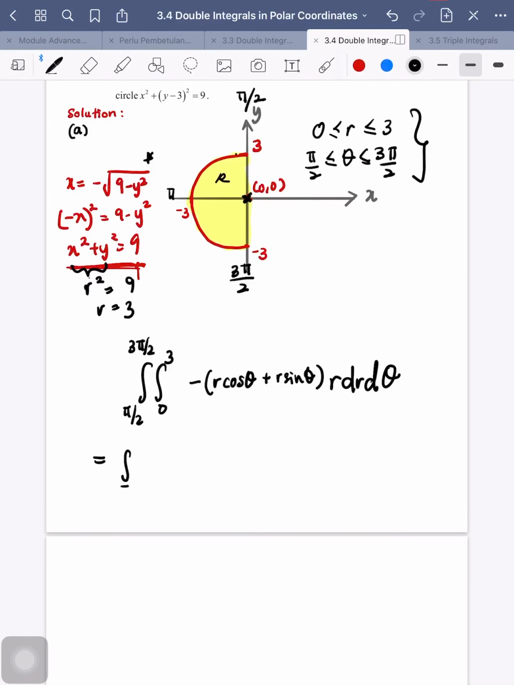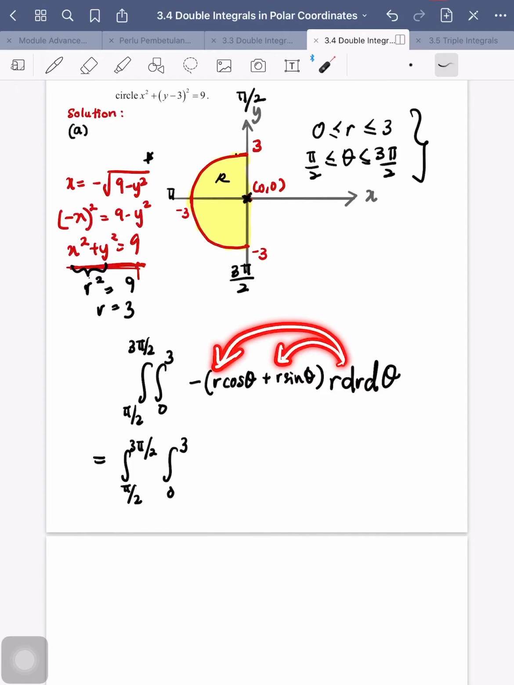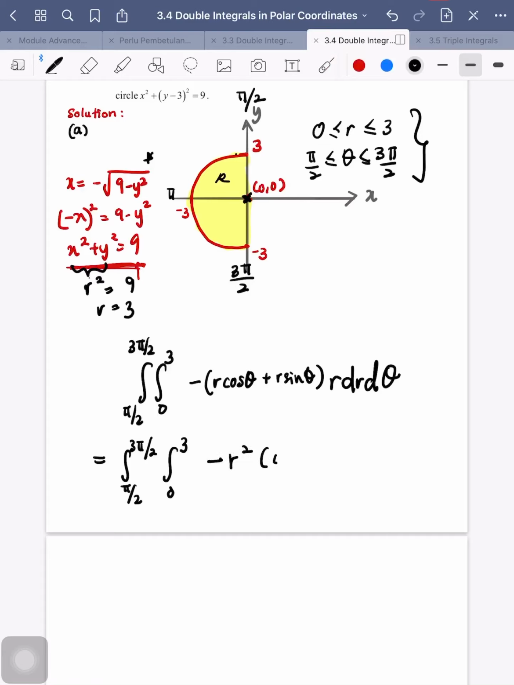First, before we solve, I just expand first. I expand the r inside here first. So I have r squared here, r squared here. So this also I have r squared, so I take it out. I factorize it, so I have negative r squared cos theta plus sin theta d theta. Okay, next,